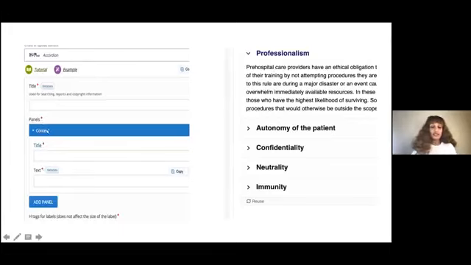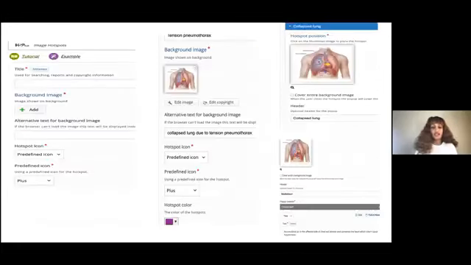And those are the panels, that means the paragraphs that will then be expanded or collapsed. So the title over here becomes Professionalism in this case, and those paragraphs will be written under this text. You can add as many additional panels as you need. In my case, I added another 4 additional panels. So the student can read through by expanding and collapsing each term. This is an interactive part.